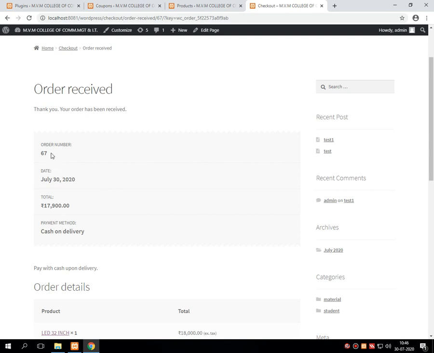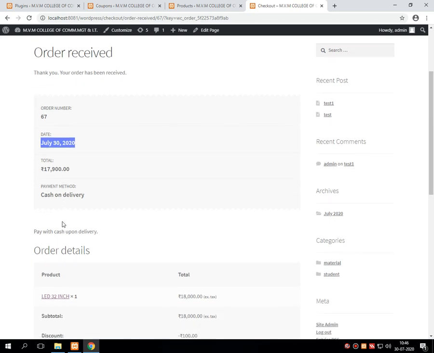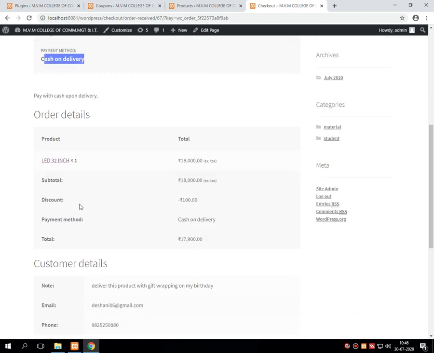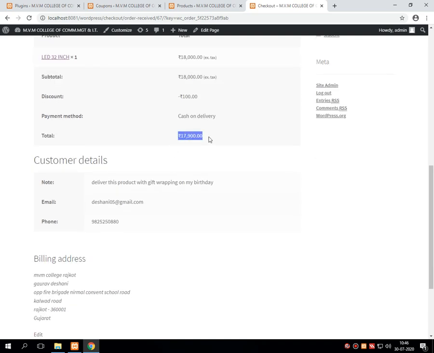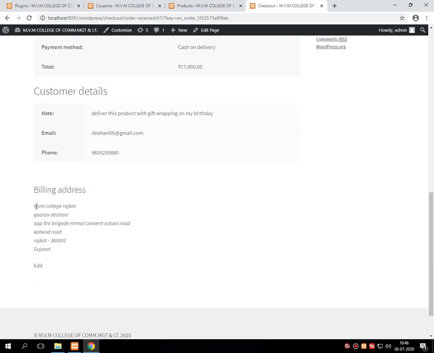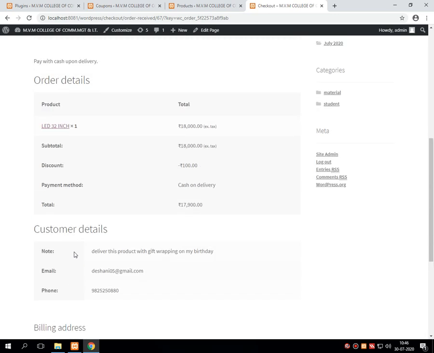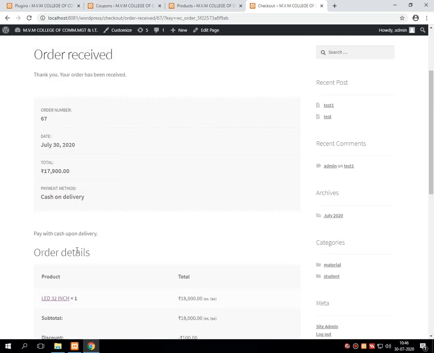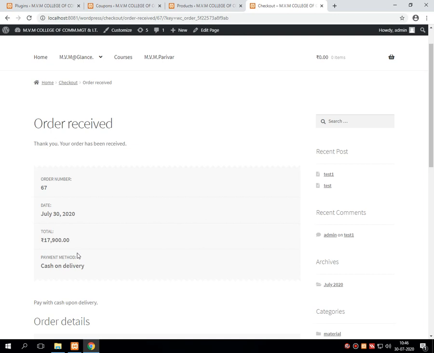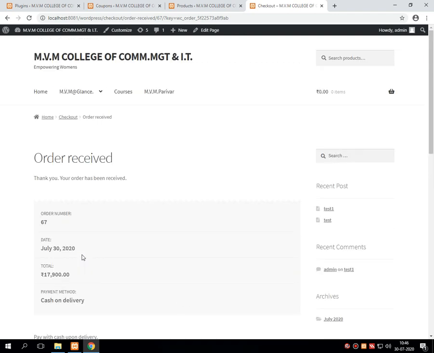That means on your mobile number you will get the order number, expected date of delivery, the mode of payment, the details of the product that you have purchased, the amount that you have to pay on cash on delivery, the mailing address. All these things you will get in your SMS as well as on the email ID that you have provided. So successfully, right now the order has been placed.